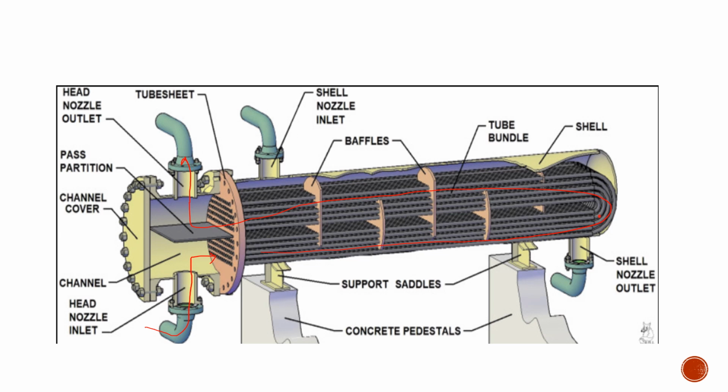Now the shell side flows through the shell nozzle inlet. Now it is given the direction through the baffle plates that are located in heat exchanger and comes out as shell nozzle outlet. This type of flow gives a proper heat transfer coefficient, and today we have learned about various